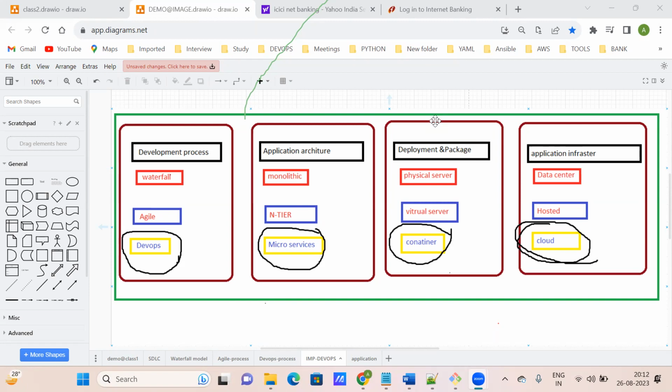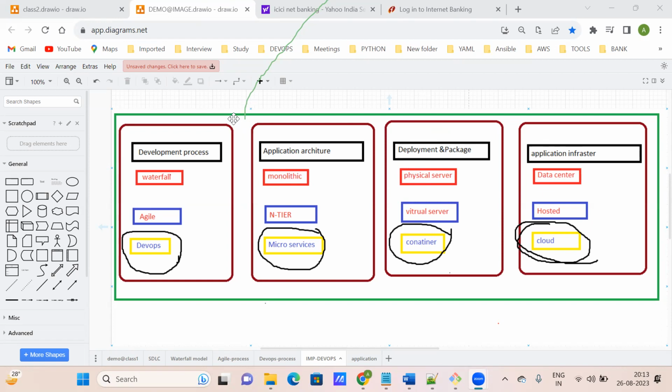In the old days we didn't have hosting and cloud. That's why we made a data center on-premise, and we gave a LAN connection to all people to access that data center. So that is your data center. Twenty years back we were not using cloud and hosting much, because it was not there. People were only following the waterfall model, and we had only heavy monolithic applications, physical machines, and a data center.